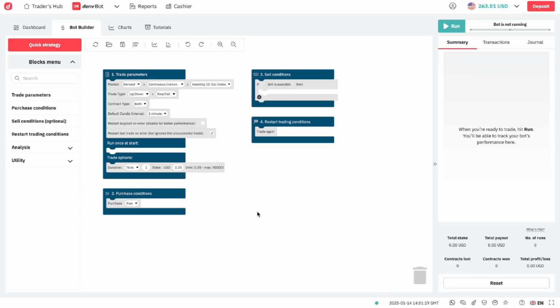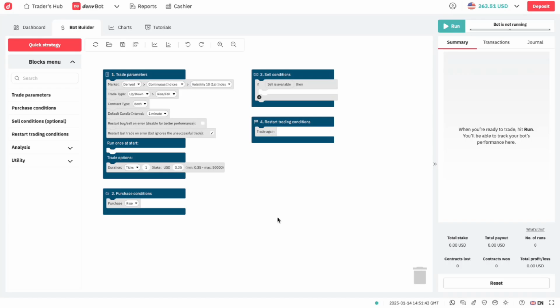So let's go ahead now and create a bot that does two things. If the last digit is even, then another even number appears, then an odd number appears, trade even. That is the strategy according to how I understood it from the comment section. But if it's a bit different, I'm going to show you how you can easily edit the bot and change it to whatever you need.